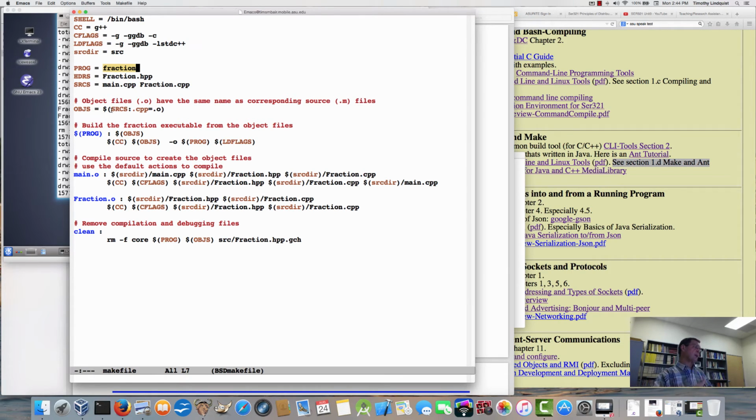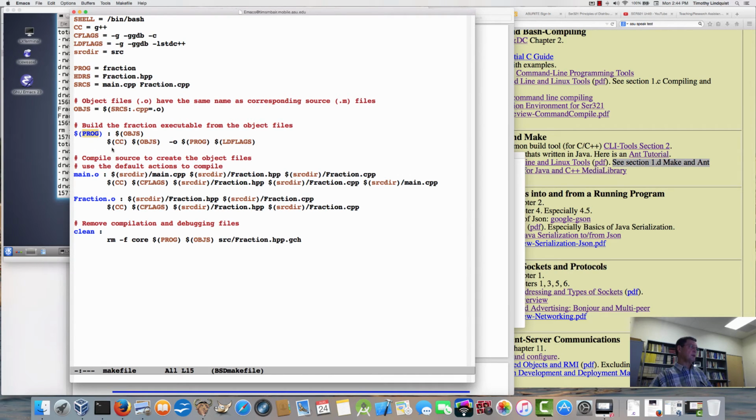So main.o and fraction.o are the names of the objects. So getting a fraction depends upon having fraction.o and main.o, is what this line says. Having the fraction executable requires first getting main.o and fraction.o, and the action for obtaining fraction